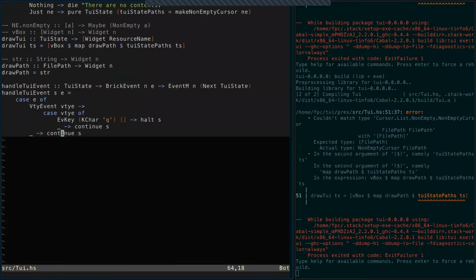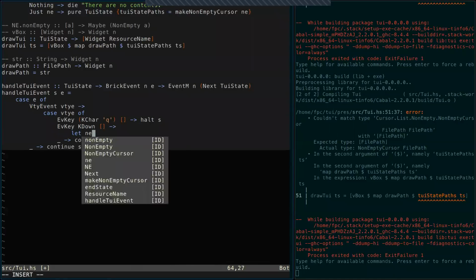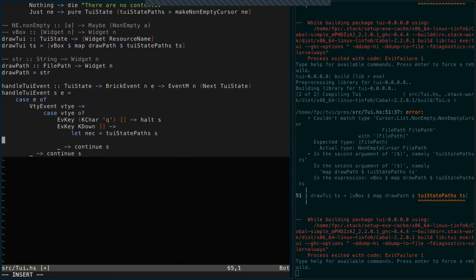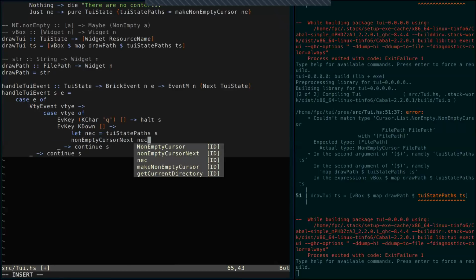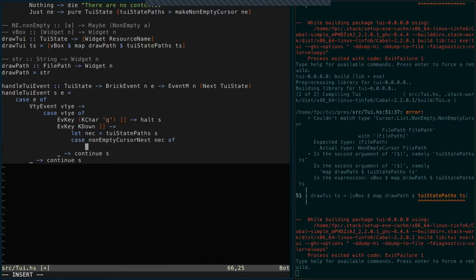And now we need to handle the concept of going up or down, let's say. So that's an event, which is a key. The key is key down. There are no modifiers. And what we want to do is change the state such that the contents of the state, so the non-empty cursor, has selected the next element. So let's get first the non-empty cursor out of it. So that's TUI state paths of the S. That's the non-empty cursor. Now we want to apply non-empty cursor next to this non-empty cursor, but this can fail. So if it fails, in that case, we want to still continue with the application, but now we want nothing to happen. So we just continue with the current state. If it succeeds, then we get a new non-empty cursor, in which case we want to put that back into the state